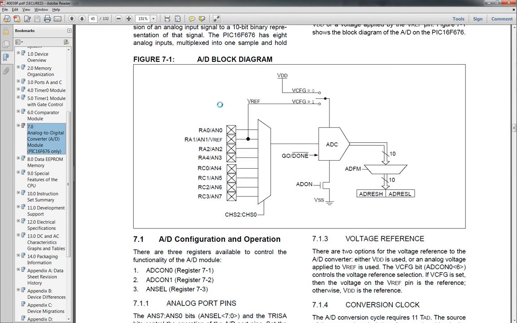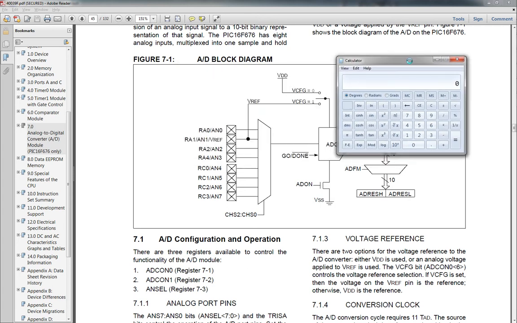So basically, if we grab our spiffy little calculator, we have 5 volts and we divide that by 10 bits, which is 2 to the 10th, so that's 1024. So we're going to take 5 volts, divide it by 1024, and for every digit, so to speak, from 0 to 1024, for every increment, you're going to have about 4.88 millivolts